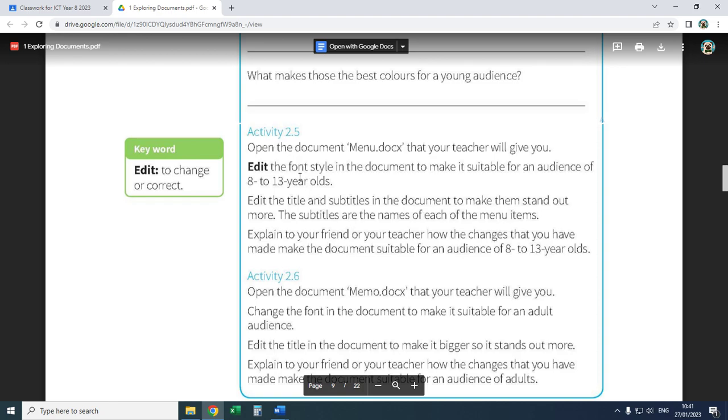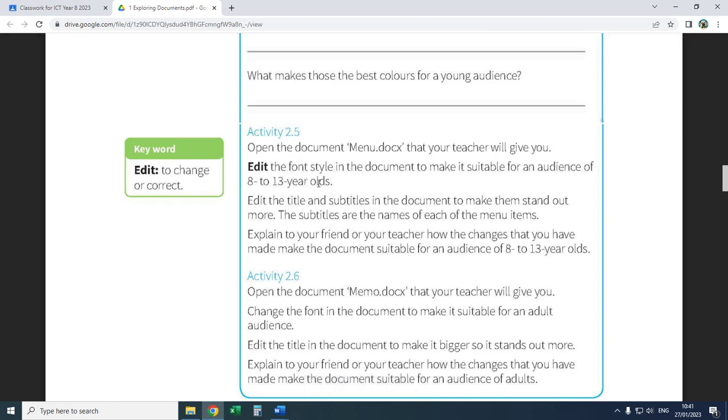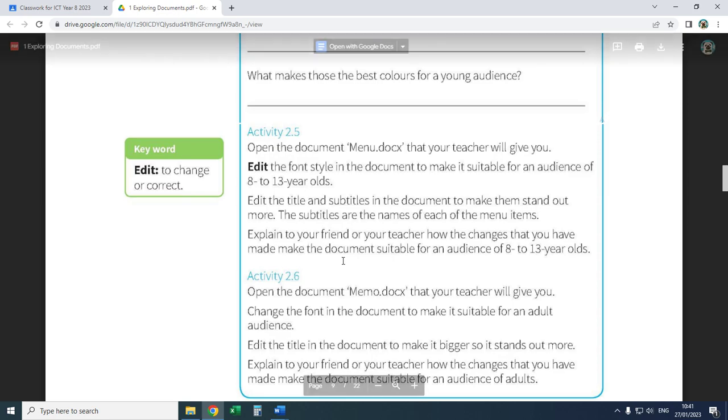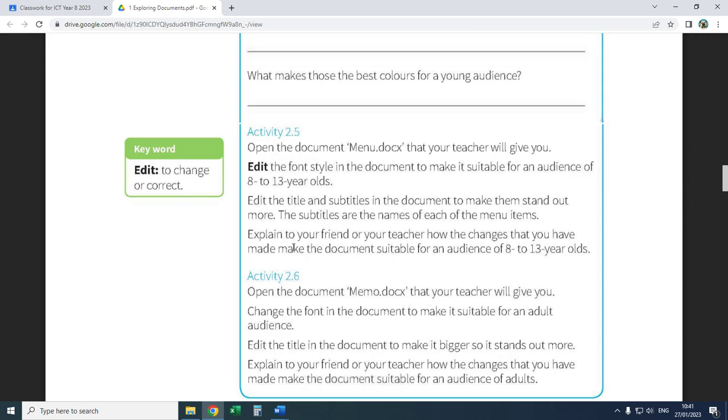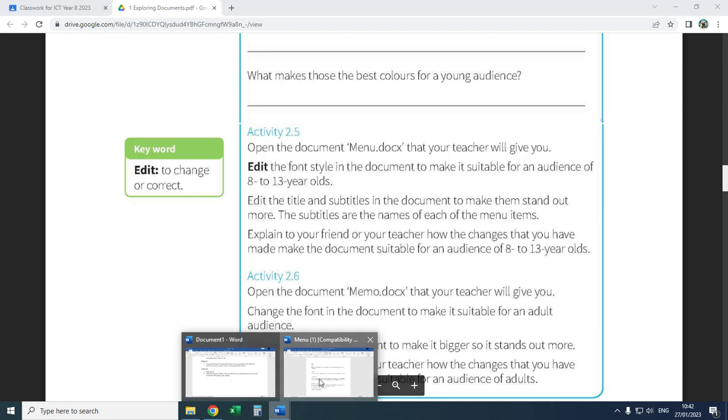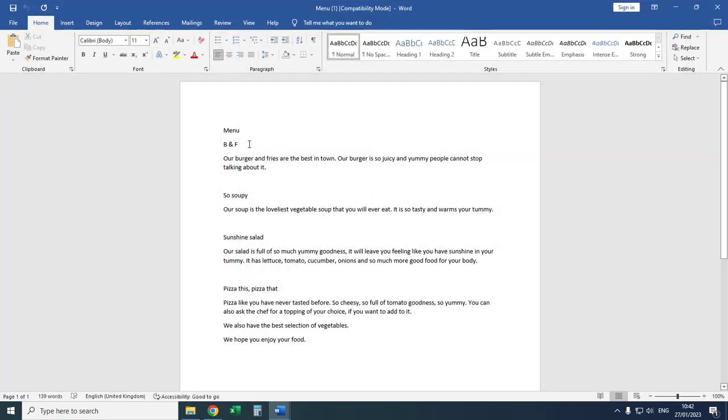And let's just see. Okay, so edit the font style in the document to make it suitable for an audience of 8 to 13-year-olds. Edit the title and subtitles in the document to make them stand out more. The subtitles are the names of each of the menu items. Explain to your friend or your teacher how the changes you have made make the document suitable for an audience of 8 to 13-year-olds. Okay, so this one I'm going to leave you guys to be creative with, but let's just